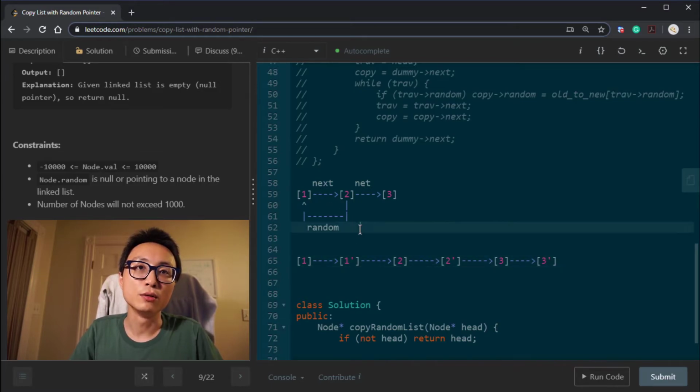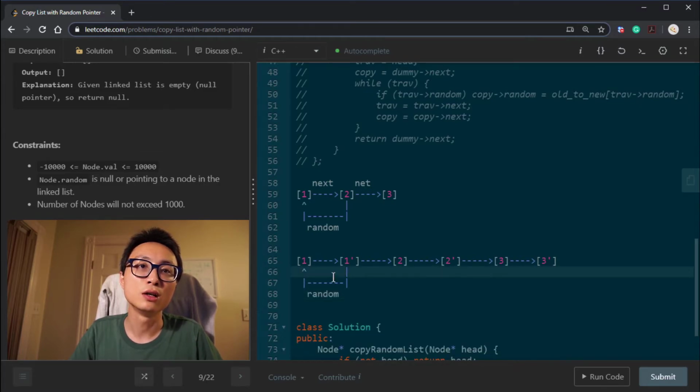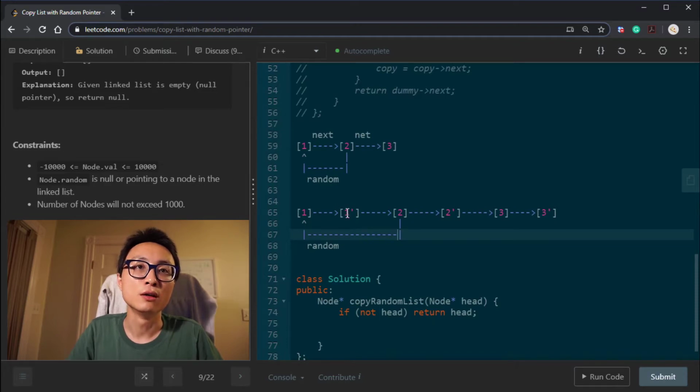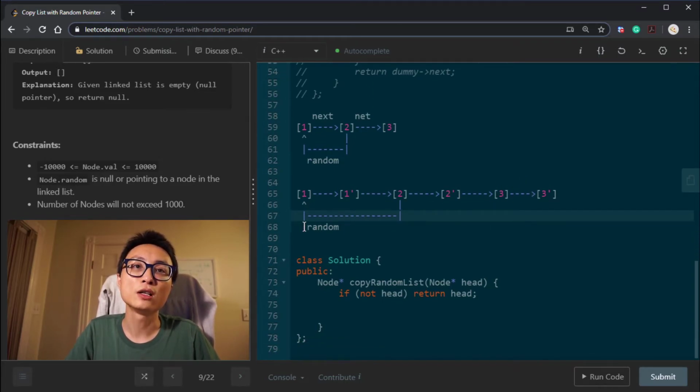And obviously, we only have this random pointer correctly working for the original node, not the copied one, because in the first pass we're not gonna be able to figure that out yet. Because if you have a node that's pointing to some other node after that, when you first create the copy, there's no way you can point that to the corresponding copy. So that's the first pass.